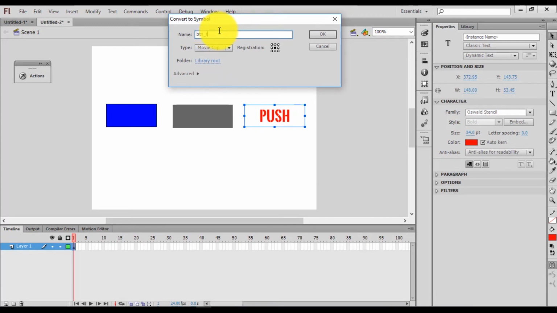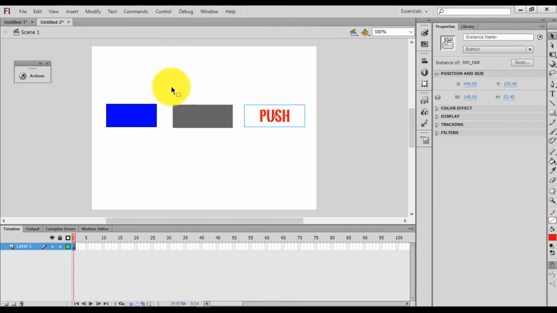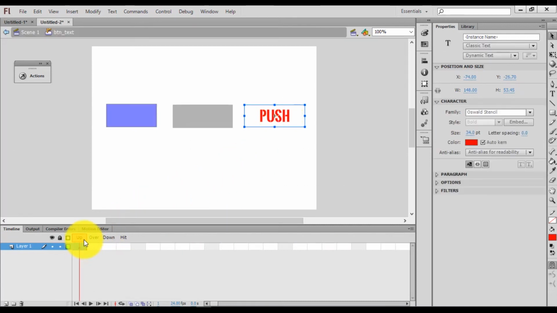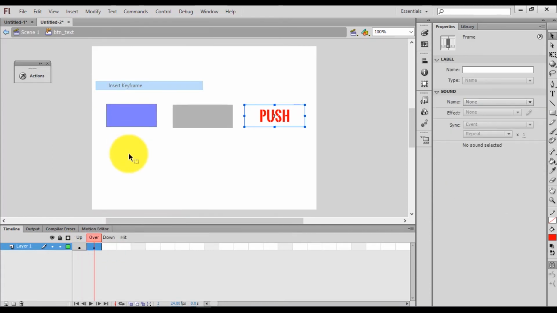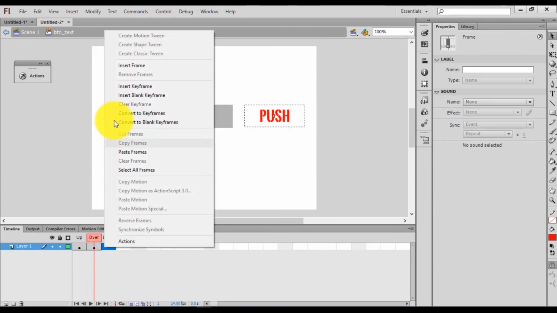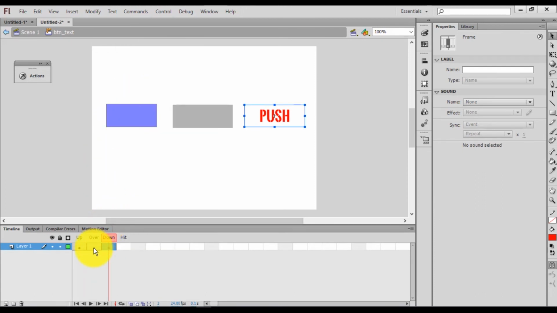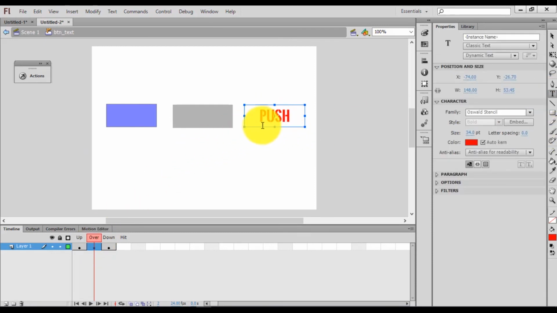btn text, and type movie button. Registration point is in the middle, and then press OK. So now we are going to go inside the text button, double click on it. The same process: up, over and down. We just insert keyframe, add over, and insert keyframe, add down. So in over we change the button text. Let's say push